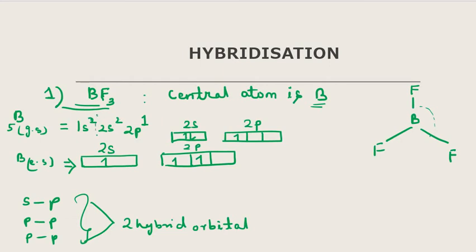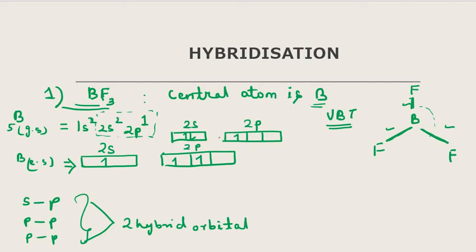Since during the bond formation we are considering the valence electrons, we can write it as what? In the case of 2s2 electron, and in the case of 2p only one subshell is filled. Now here you can see that in the BF3 molecule, the boron is forming 3 bonds with the fluorine atoms. We have already studied in valence bond theory that half-filled orbitals overlap with each other, resulting in the formation of a bond. So here, since boron is forming 3 bonds, there should be 3 half-filled orbitals.